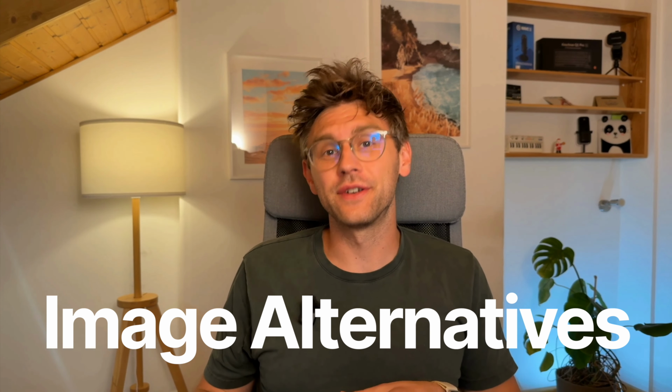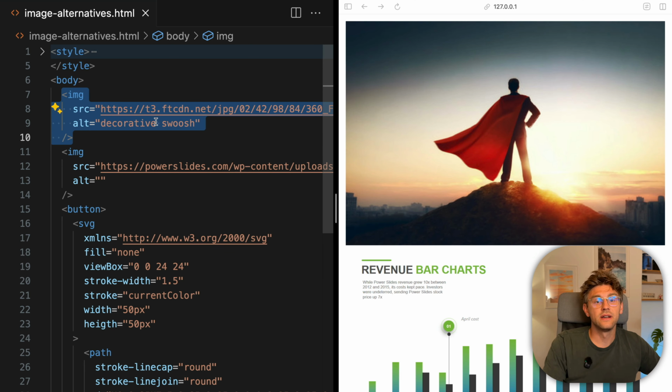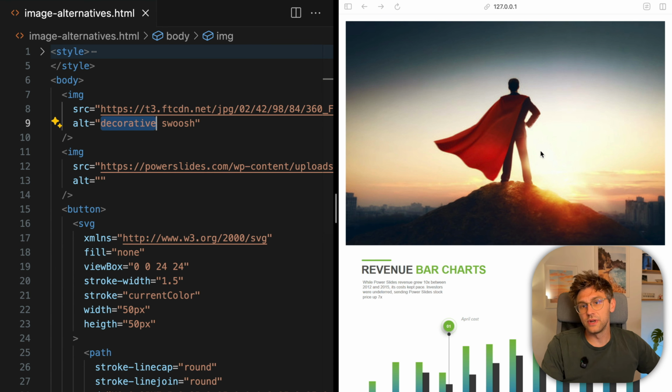The next tip is to always ensure that we have the correct alternatives for images and SVGs. The first example is that we have an image showing, which is this one, and we have the alt text of decorative swoosh. So we clearly indicate that this is just a decorative image that doesn't serve any purpose. So the way to better do this would be to leave the alt text empty. Because what this does is once there is no alt text, the browser already assumes that this is just a